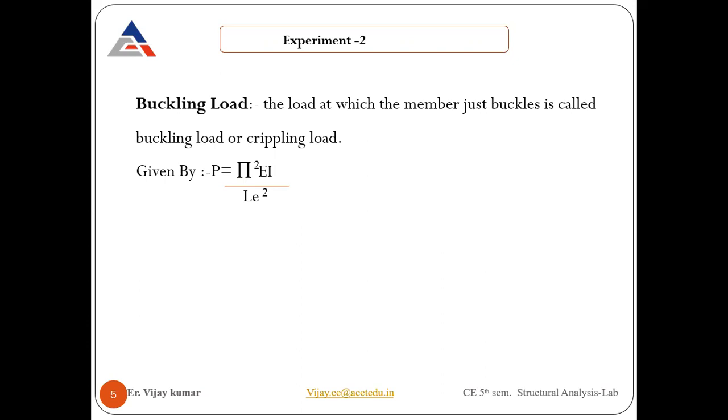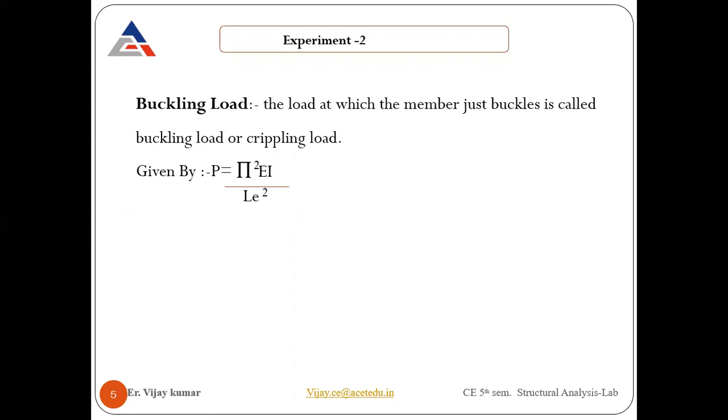Because there are two conditions: one is crushing of the column, which is crushing of the column material, and the other is buckling of the column. If the column is long, in that case buckling is the prior cause of failure, because crushing will not take place for a small load. For the failure, there are two causes: one is crushing, the other is buckling. Depending upon its length or effective length, we are going to see its behavior. If it is a long column, the prior cause of failure of that column will be buckling only.